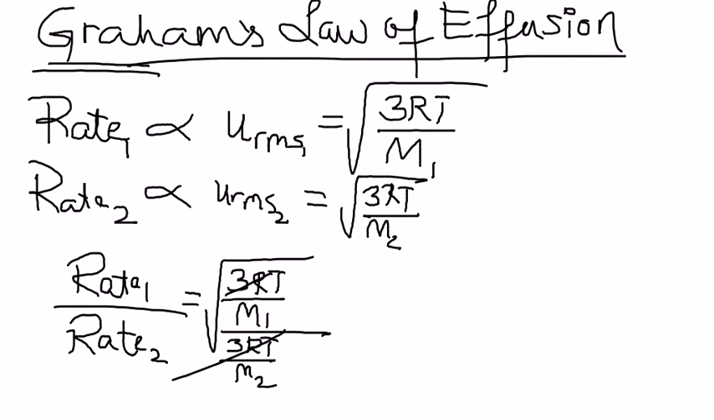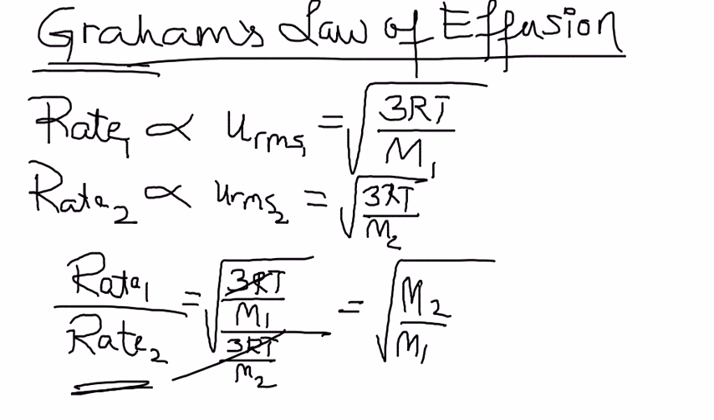3RT and 3RT will cancel off, and you might be able to say that the square root of the molar mass, I should write this as molar mass M2 over M1, is going to give you the relative rate, rate 1 over rate 2. In other words, one can say that the heavier a gas is, it's going to move around much slower than a light gas. So we're going to see an application of this in the form of a question,